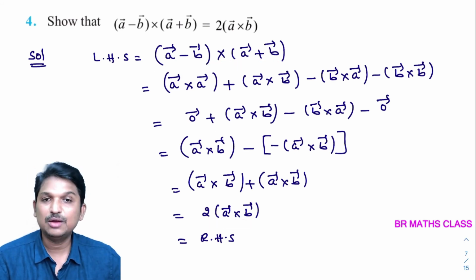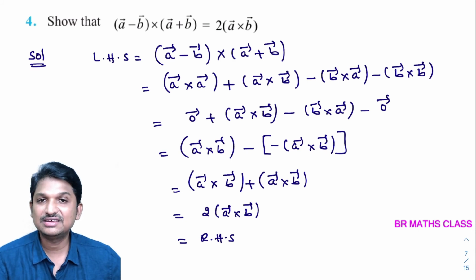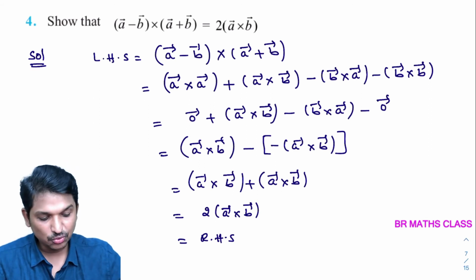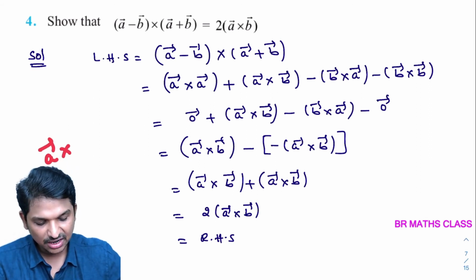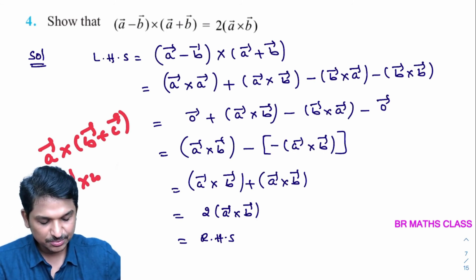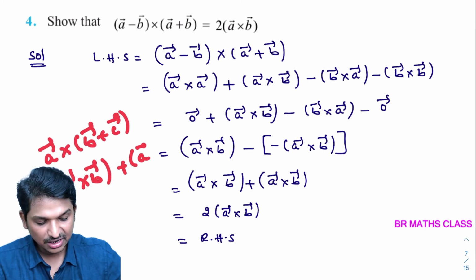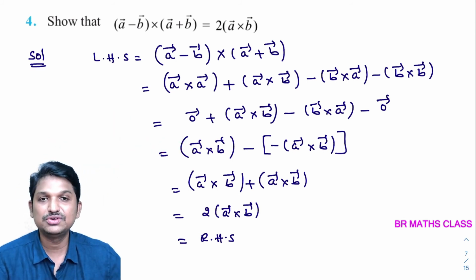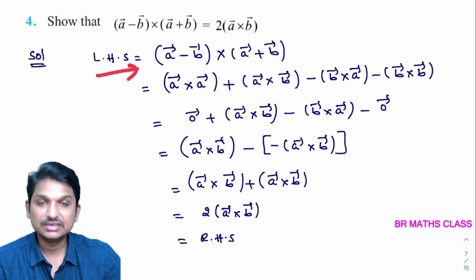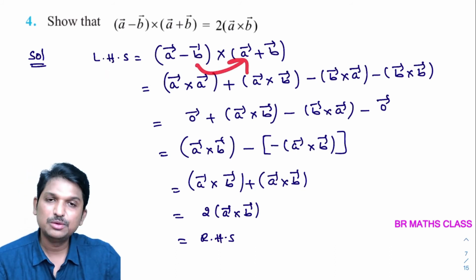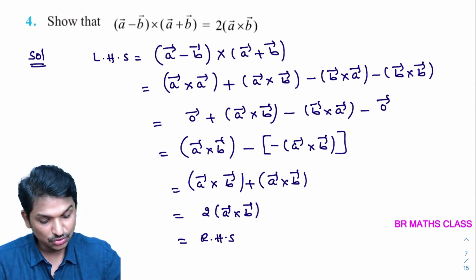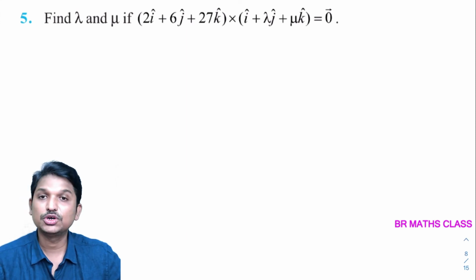This is just like a normal multiplication, but the actual formula we used here is a bar cross b bar plus c bar equals a bar cross b bar plus a bar cross c bar. This is the formula we used in this problem, but if I explain as per that, you may get confused easily. That's why I do it like a normal multiplication and use the 14 formulas that you learned, right? Okay, now we'll move to the next question, the 5th question.